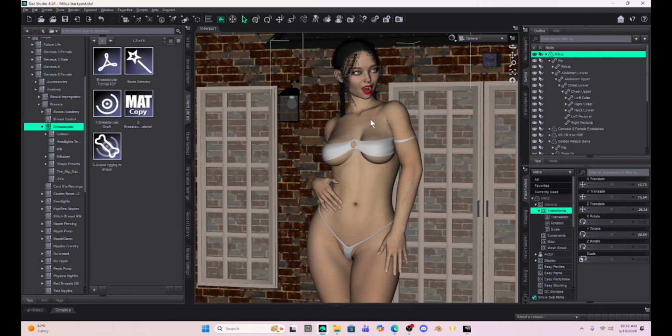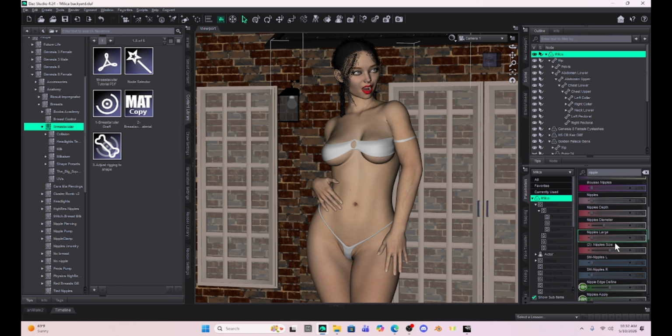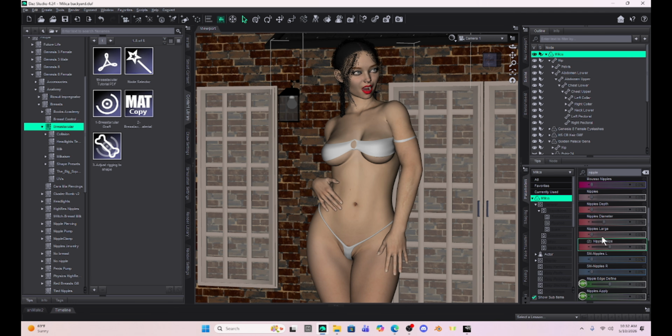You can just select your character. So I've got Milica selected. Select her in the Parameters tab. And then under the search bar, just type in nipple. And I'm not sure what the defaults are. I know, Gary, you said that you were rather new with Daz. And I have so many products added into Daz. I honestly don't know. I think it's these red bars are the default ones for Genesis 8,